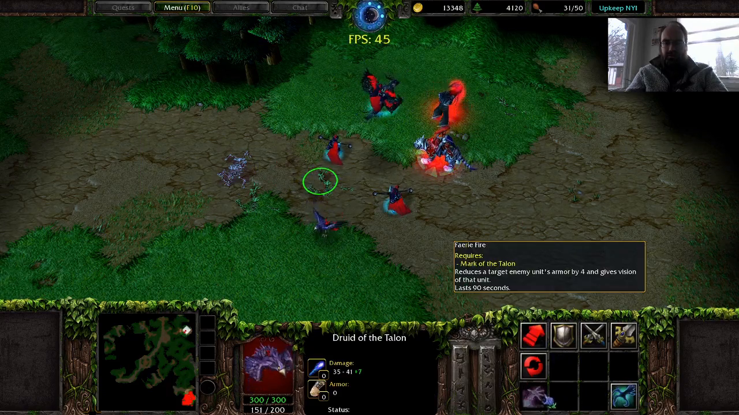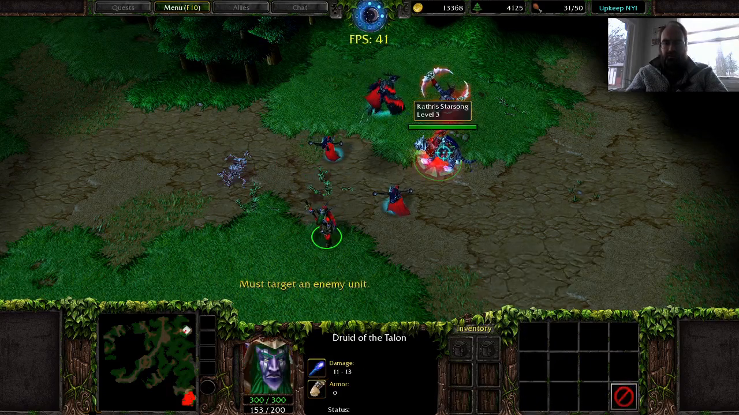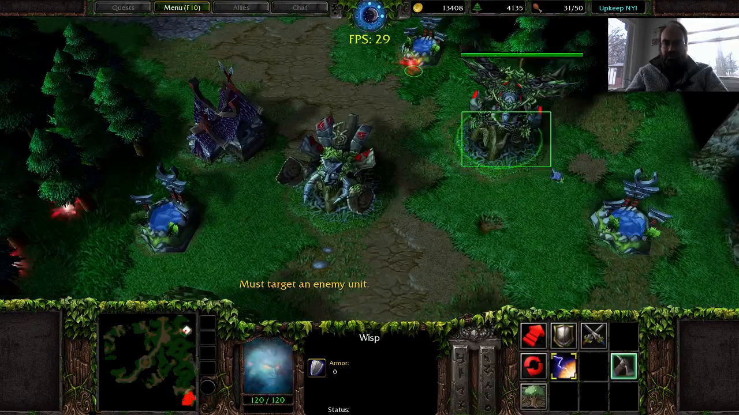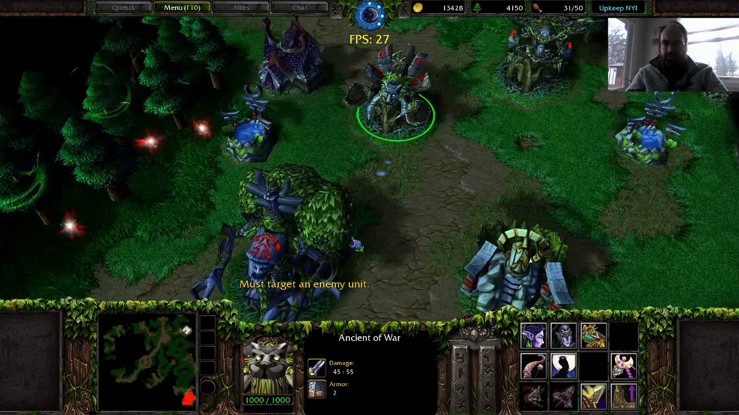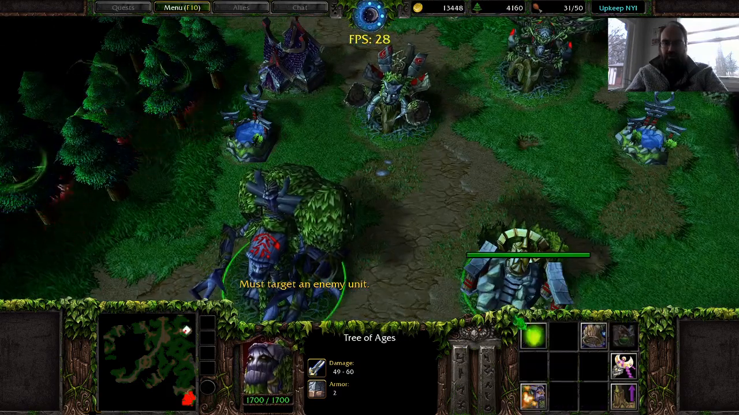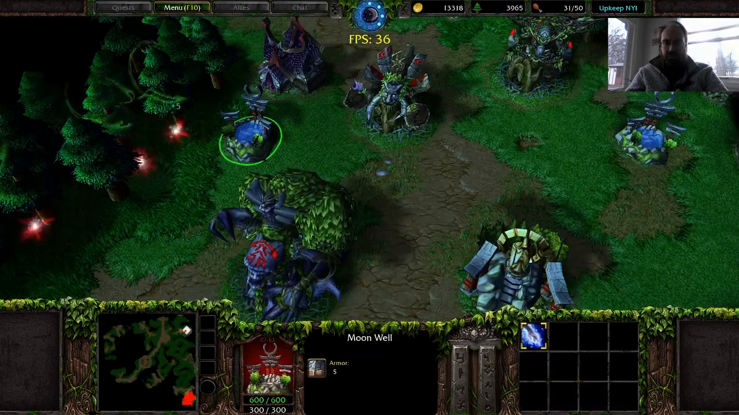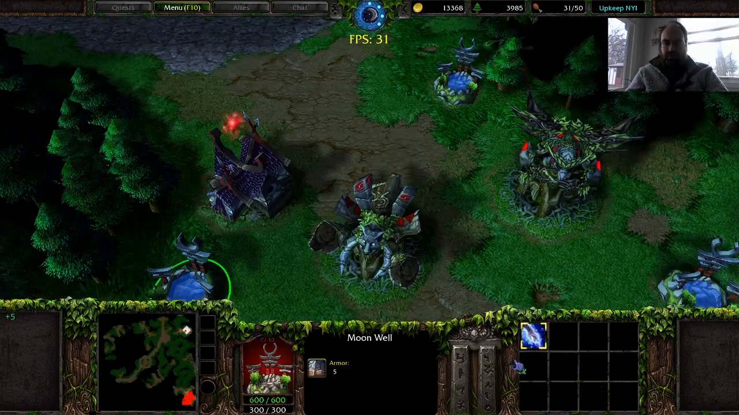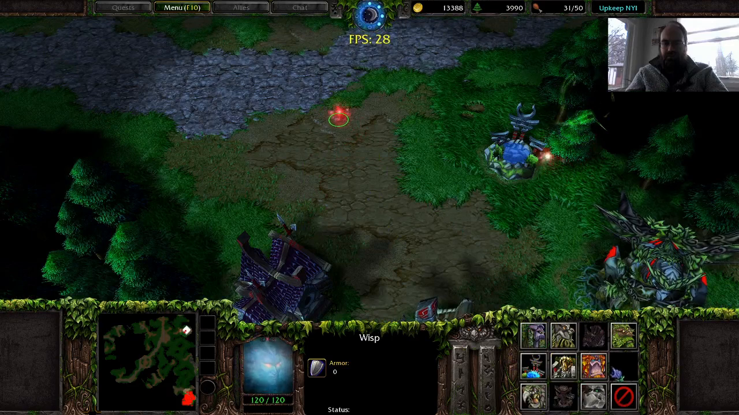Similarly, I didn't have to program the Fairy Fire, and it's kind of neat. I should probably see if I can get maybe Ancient of Lore going on over here. Get some Nature's Blessing. So I guess this also points out